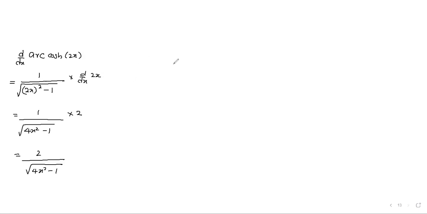The second one is, if you want to differentiate arc sin of x plus 1, right? The answer is, we know that arc sin x differentiation is 1 over the square root of x squared plus 1. So it turns out to be 1 over, x is replaced with x plus 1, squared plus 1, the square root of it,